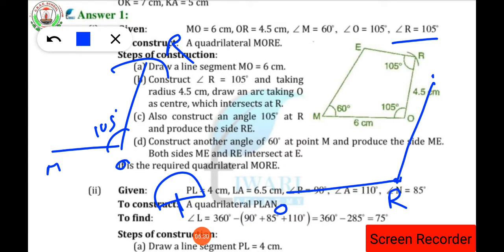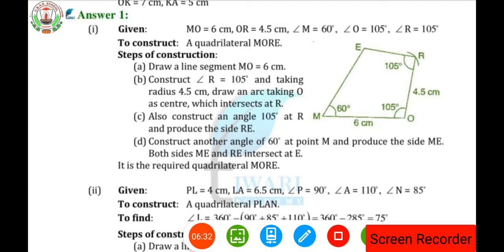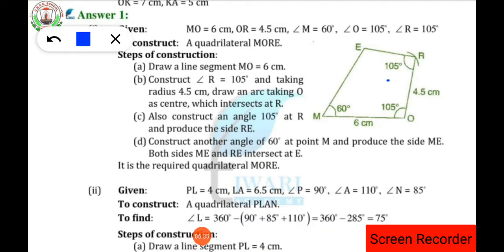105 degree. Again you have to mark 105 degree, then make the angle 105 degree at R. Clear? Up to here everyone clear? After that, since angle M is made as 60 degree, this we had already done many times. Take any radius, keep it at the center M, draw an arc, then with the same radius keep your rounder here at this point, then draw another arc, and where it intersects the first arc, there you have to draw one straight line.